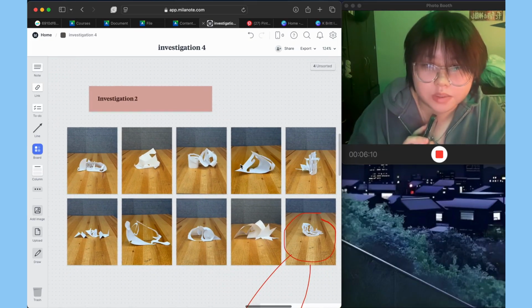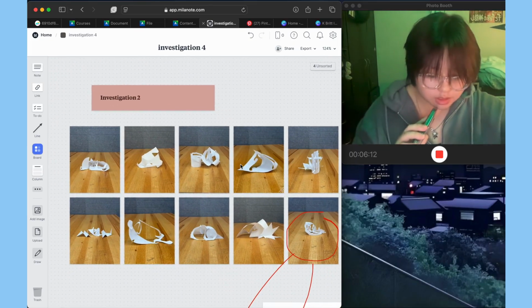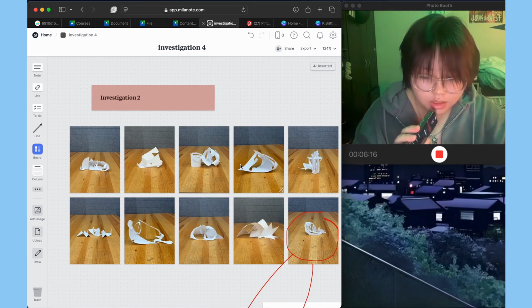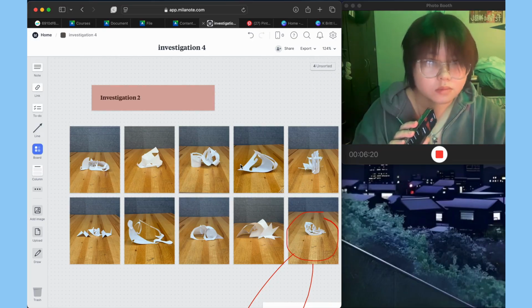So yeah, then we moved on to investigation 2. We did these paper sketches, which I thought was super fun. Sorry, I have a little notebook of points that I have to hit here, but yeah, I really liked doing these paper sketches. I've mentioned this before, but